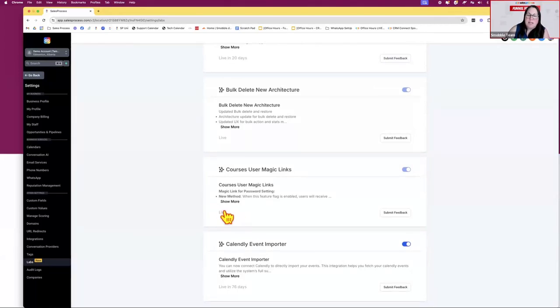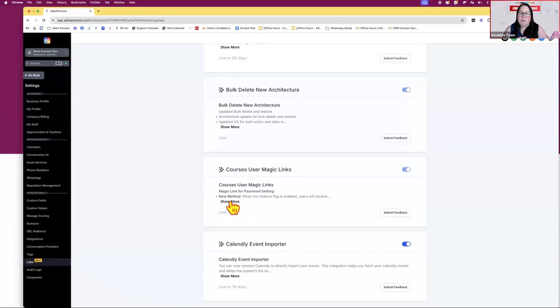So the course Magic Link now is live. What this means is that when you grant access to the courses that you build inside sales process, you no longer have to provide your customer with a password. It's going to be much cleaner, and it'll operate like a lot of other software.